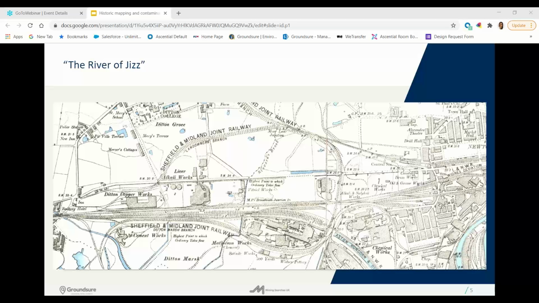Now, one of our Groundsure colleagues recently wrote a blog on golf courses and their previous uses. Using our historic mapping and other third-party data we overlaid all active golf courses, which led us to identify that 393 golf courses across the country are located on former landfill sites and refuse heaps. A further 217 golf courses intersect with formerly potentially contaminated land uses, which is exactly what we see here with